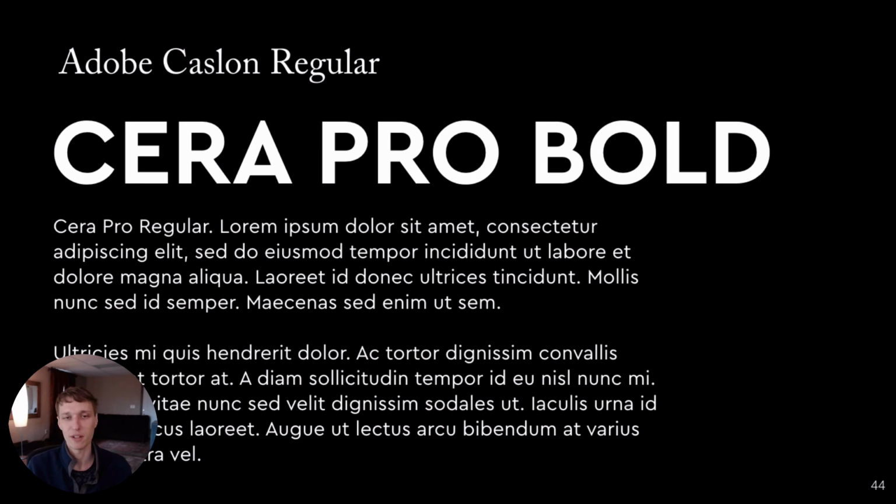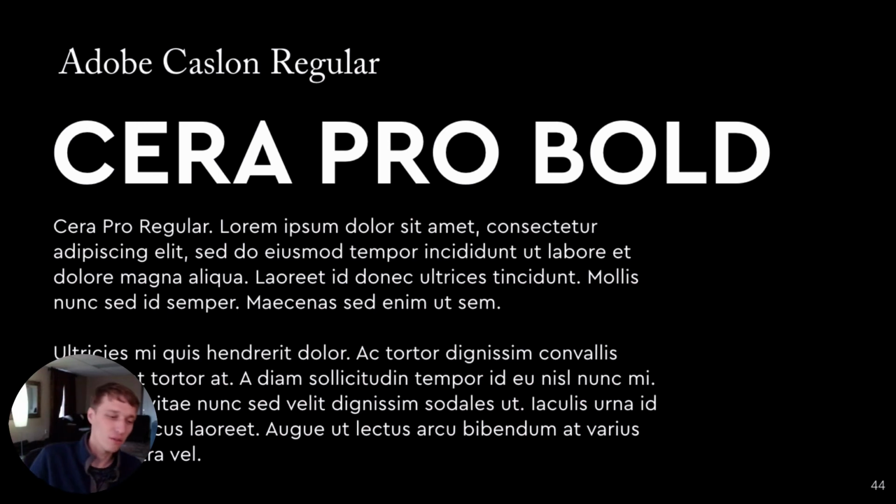So these are the fonts that I picked for my client. So we've got the serif font, Adobe Castellan Regular, contrasting the primary font Serif Pro Bold for headlines, and then this is Serif Pro Regular for body text. So basically the Adobe Castellan is for subheadings or quotes, these sorts of things, and it's not really used all that much, but it's just there to help create some interest, all right, and it draws your eyes to it. But that's it. And then for them, everything is going to be this font, and it creates consistency, and it makes it feel way more professional.